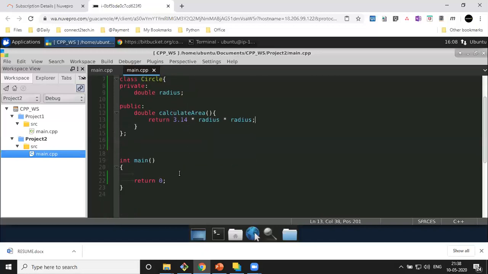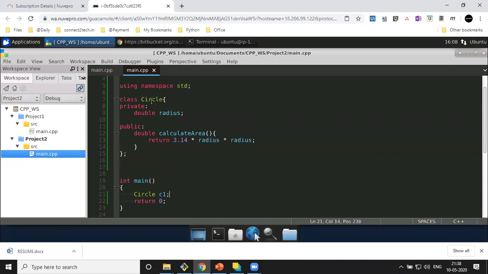Now in my main method, I'm going to create an object of circles. For that I'll copy this and put it here. I will say circle C1 here, right? Now I'll also create a constructor right underneath this to assign a value to this particular variable radius.